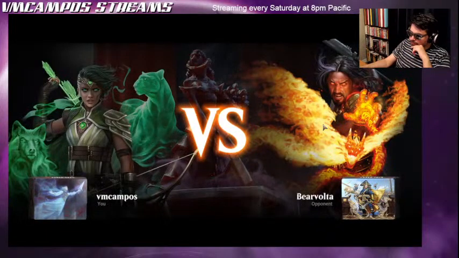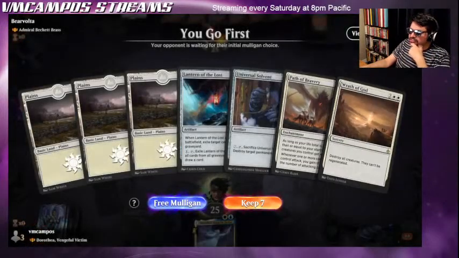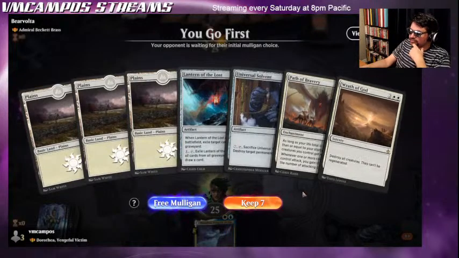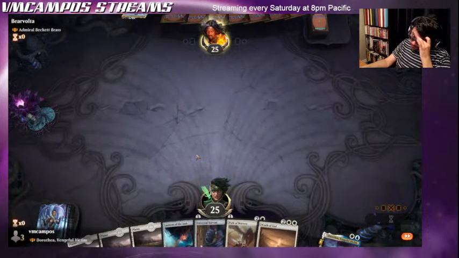All right, so triple color pirates. Let me check here. Is that Stevie playing? No, that's not Stevie. Okay, so let's see. We've got the Wrath. Let's keep this hand because that Wrath I know is going to come in handy once they flood the board with pirates. So I don't have all the colors that I need, but